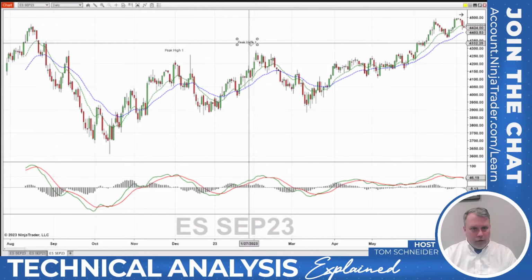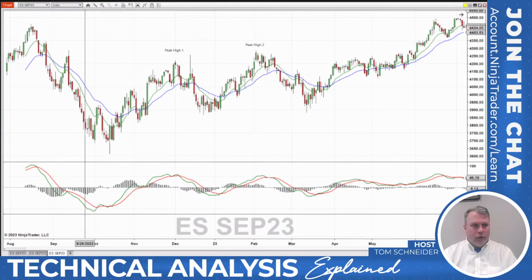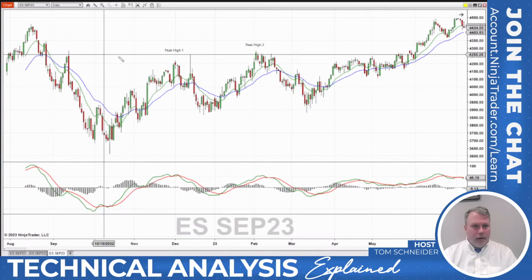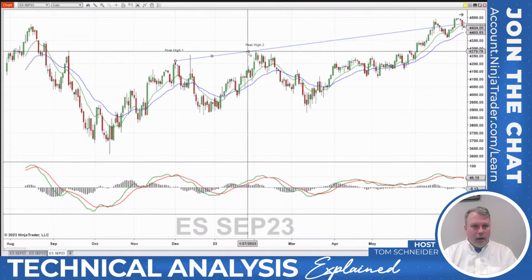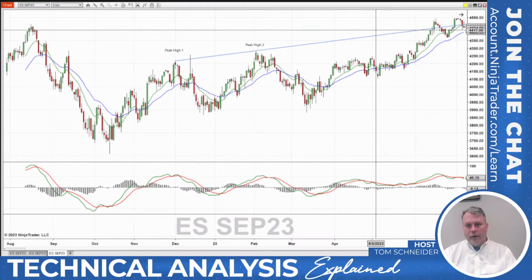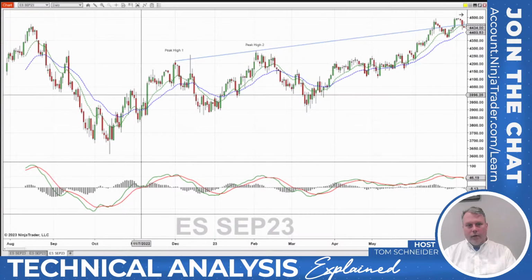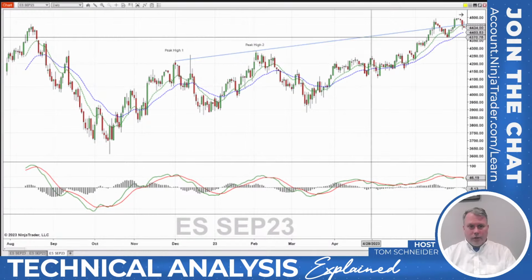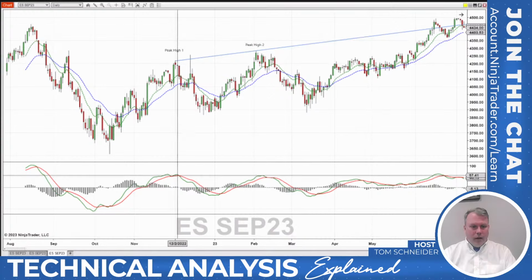Now, if I were to connect those two highs with a line, I'll use a ray. I'm just going to click on the top of that line and go to the top of this line. You can see it's increasing, right? These peaks are increasing. It doesn't really matter how fast or far it extends. I could have used a regular line, but I can tell this is an uptrend, right? It's increasing. Now, what's happening on the MACD?